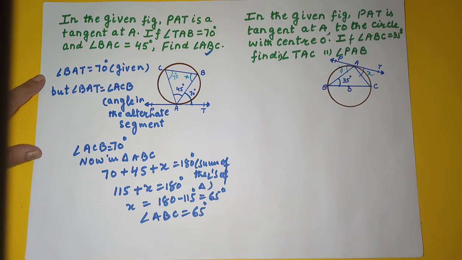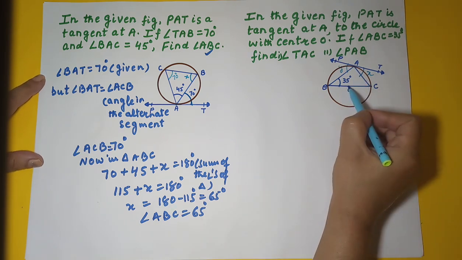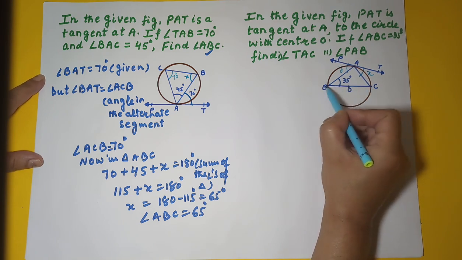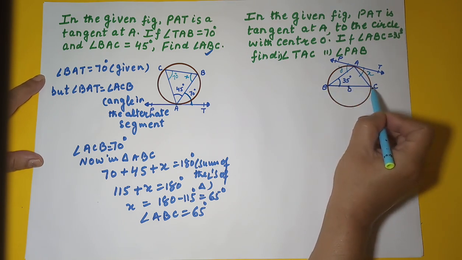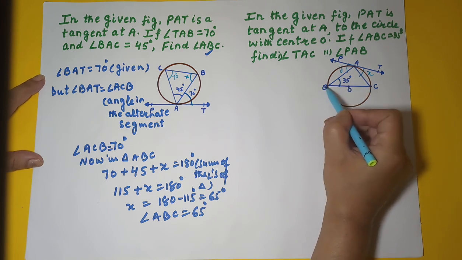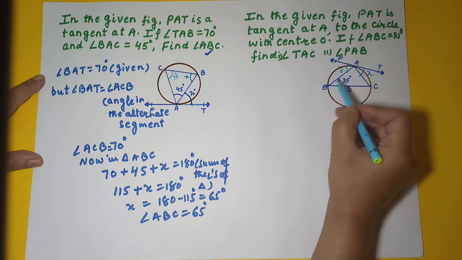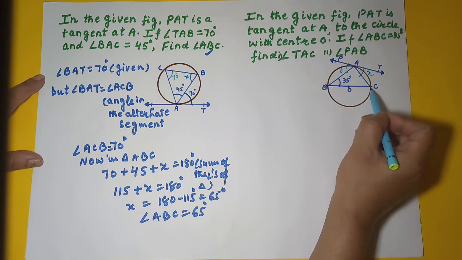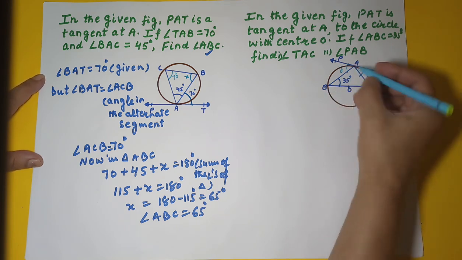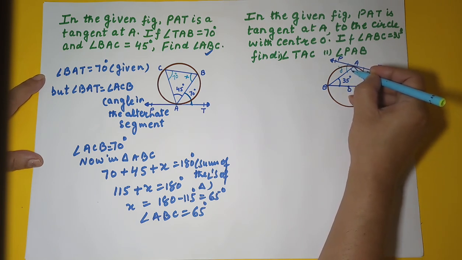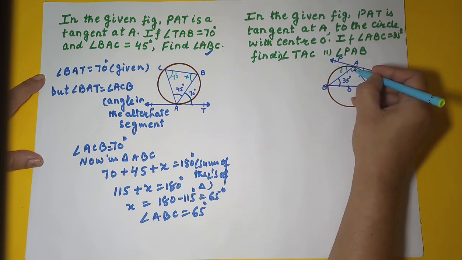Right? Now, one thing that you should note here is that this is the center of the circle and QC line is passing through the center of the circle. Does that mean QC is the diameter? Yes, because any line which passes through the center of the circle can be the diameter of the circle. Now, if you look at this angle BAC, isn't it angle in the semicircle? And we know that angle in the semicircle is 90 degrees. So we got this angle as 90 degrees, right?